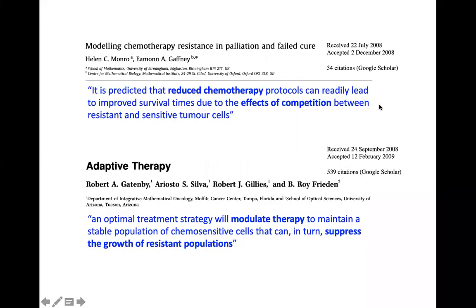The topic I'm going to talk about is the idea of exploiting competition within tumors as a way of suppressing resistance to therapy. This idea was first proposed about 11 years ago by two papers that I've highlighted here, one by Monro and Gaffney and one by Gatenby and colleagues. Both papers, which came out around the same time, suggested that by using low doses of therapy, such as chemotherapy, one can exploit competition between treatment-sensitive and resistant cells so as to control tumors, contain them, rather than